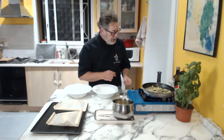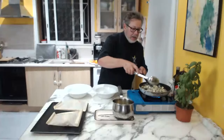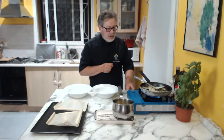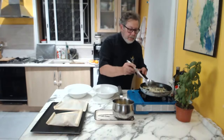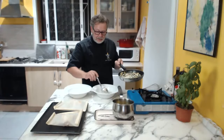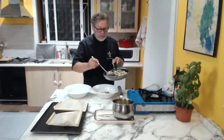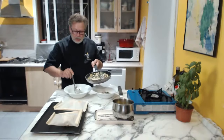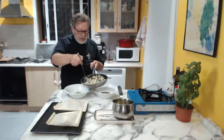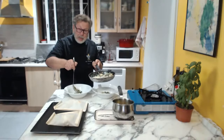So now our zucchini are going to be ready in 2 seconds. I think they are now. All right, beautiful. So we eat everything. In the bottom of the plate, like this, we're going to add a nice bed of zucchini. So for the moment, I only put the vegetable. So my plate is clean